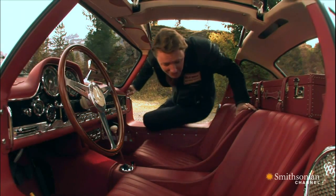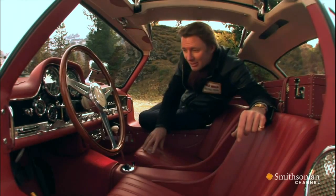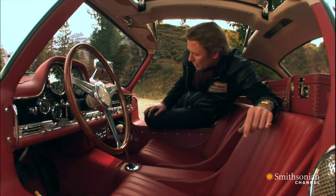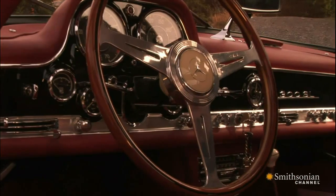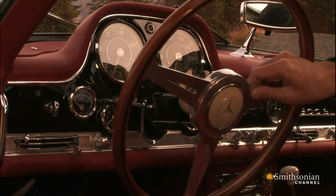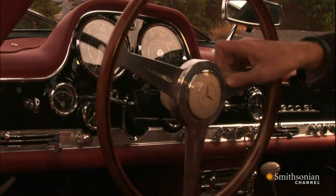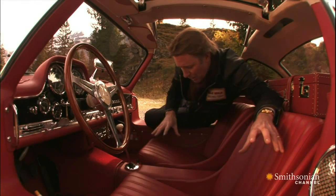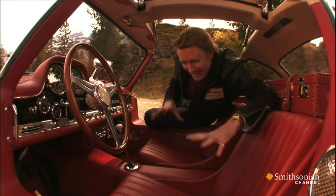The 300 SL's cabin was a riot of 1950s design. The driver's view was more of a 1950s jukebox than a typical traditional dashboard. In front of him, this steering wheel was thoughtfully hinged by Mercedes-Benz engineers to allow easy access. Of course, this was one of the first cars that the driver and his passengers actually sat down in rather